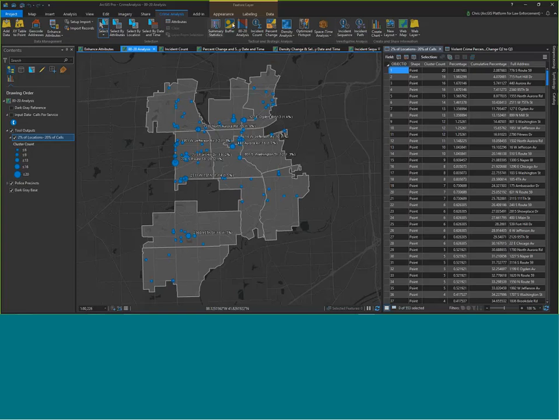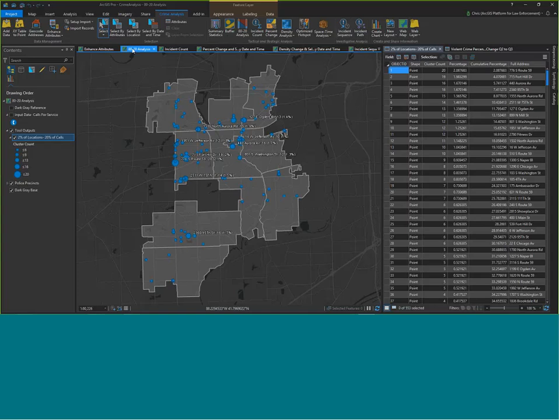At the first release, we've got a combination of new and out-of-the-box tools. The out-of-the-box tools are pretty common, so the ability to build summary statistics off of a tabular set of data, the ability to do buffers, and then we've got a series of brand new tools here. The first that I want to introduce you to is 80-20 analysis. If you're not familiar with 80-20 analysis, it's a common analytical method that's used in problem analysis to understand where risky locations are. The idea behind 80-20 analysis is that 20% of the locations are responsible for 80% of the events. You may also know this as